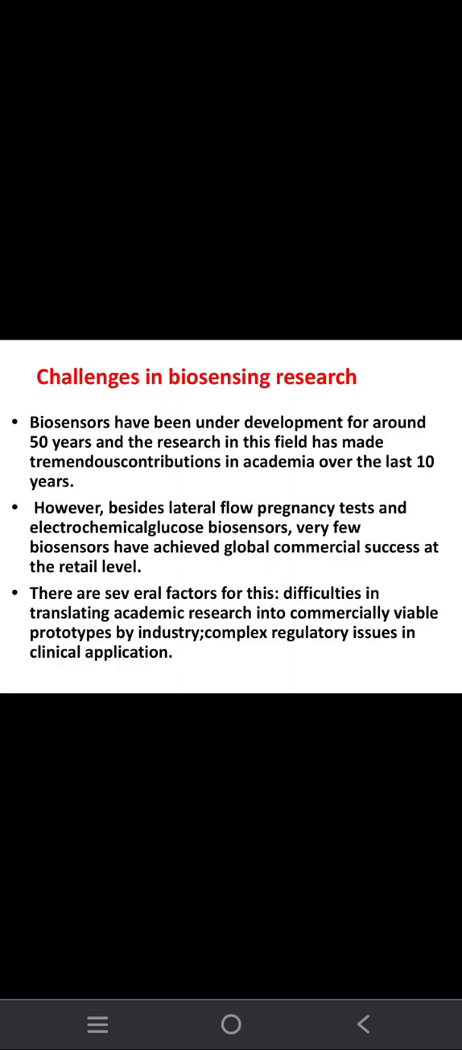Next, what are the challenges in biosensing research? Biosensors have been under development for around 50 years, and research in this field has made tremendous contributions in academia over the last 10 years. Besides the lateral flow pregnancy test and the electrochemical glucose biosensor, very few biosensors have achieved global commercial success at the retail level. There are several factors for this difficulty in translating academic research to commercially viable prototypes by industry, such as complex regulatory